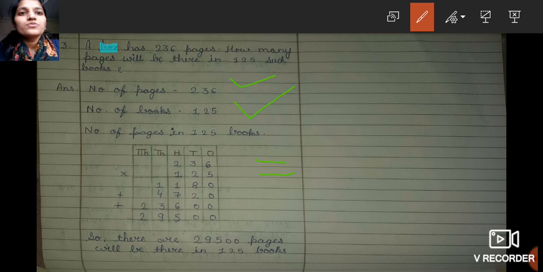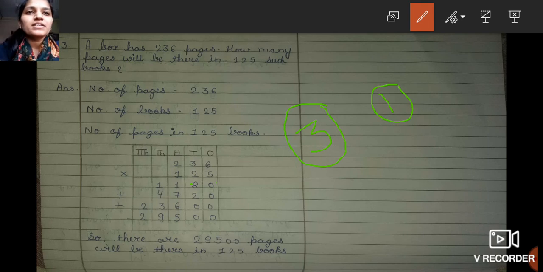First of all, students, we are going to multiply 5 by 6, 5 by 3 and 5 by 2. Let's see the multiplication. 5 sixes are 30, so 0 I have written here and 3 will be carry over. Then 5 threes are 15, and 15 plus 3 is 18, so 8 will be here and 1 will be carry over. After that 5 twos are 10, and 10 plus 1 is 11. So I have written here 11.